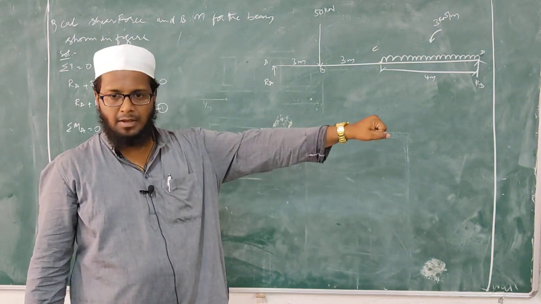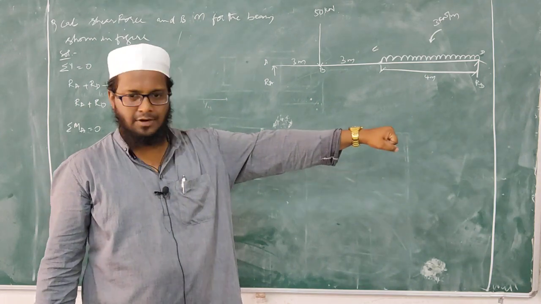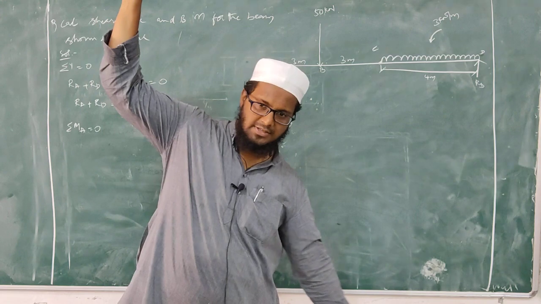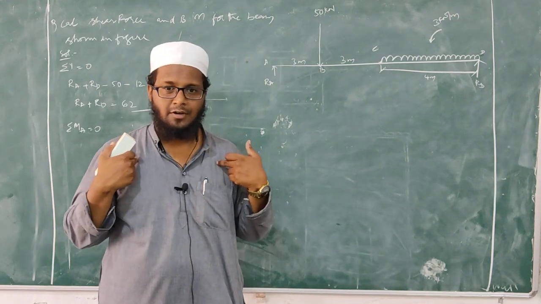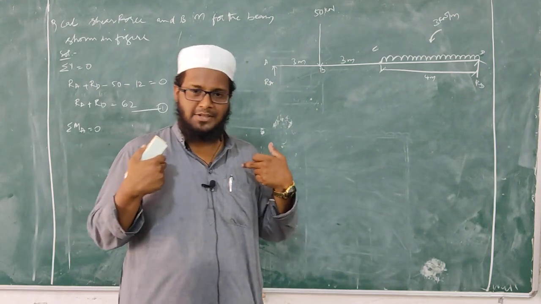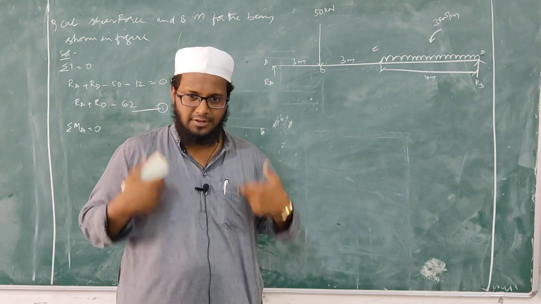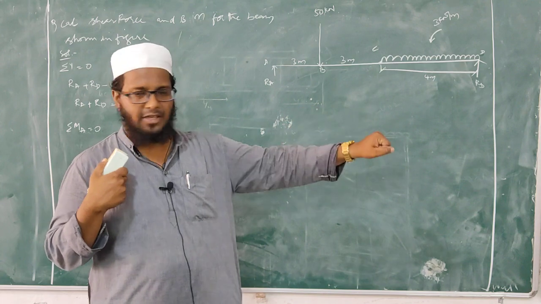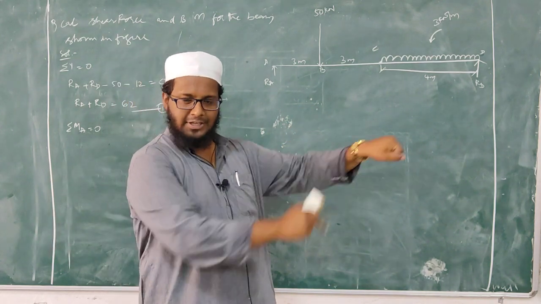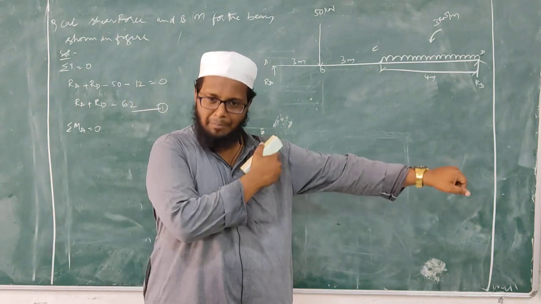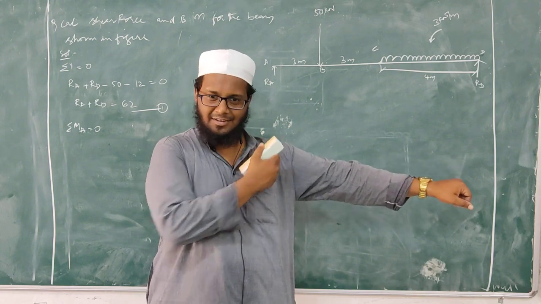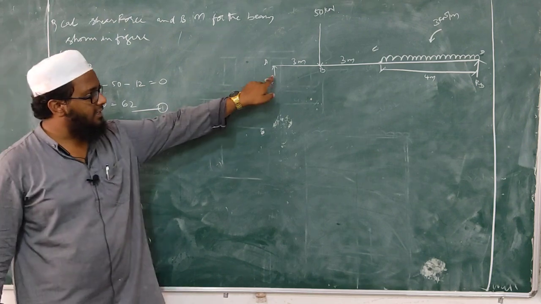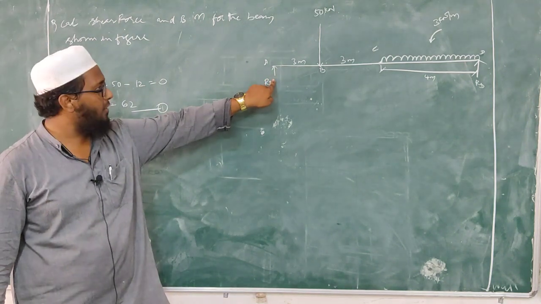When you hold a bag like this, in this position, what will happen to your hand? Your body will experience rotation, isn't it? When you keep your bag on your shoulder, what will happen? The body will experience rotation? No. That is why there is no moment when you keep your bag in this fashion. Whereas when you keep the bag in this particular position, then it will pain as well as rotate, isn't it? So the same thing will happen here. So we will not consider this force when we calculate moment about point A.